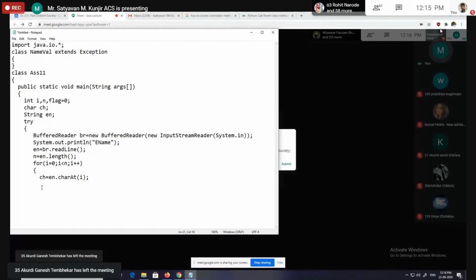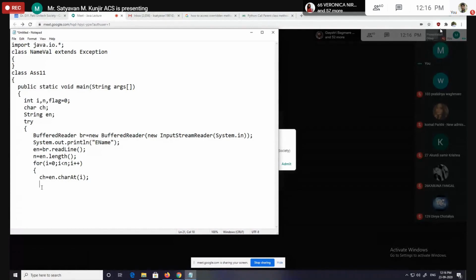Then after fetching the character from string, we have to check whether it is a letter or not. So we have to use Character wrapper class like this. Character.isLetter is a method, it returns true if the value of ch is a letter. If isLetter method returns true, then we have to initialize flag by 1 like this.